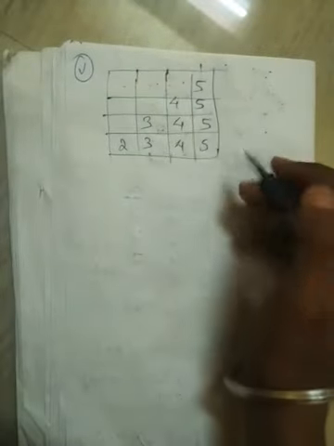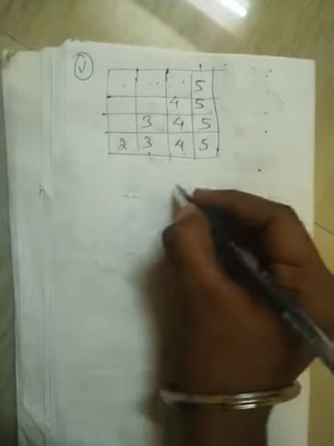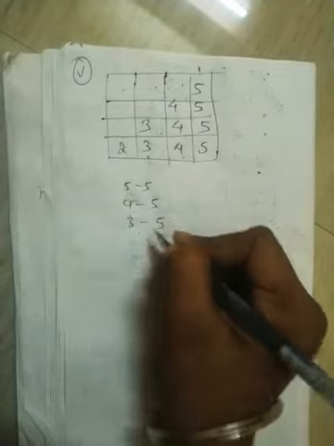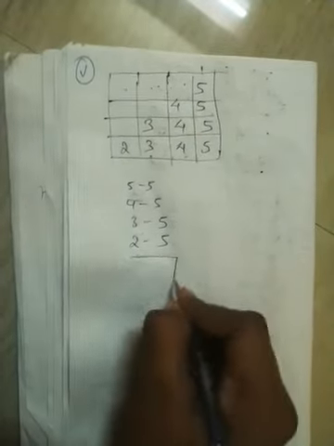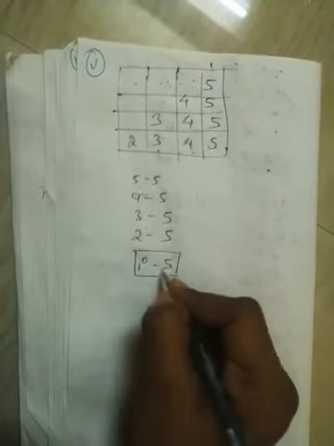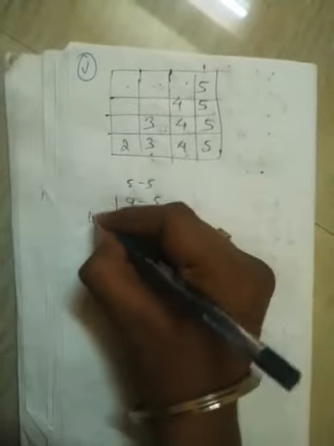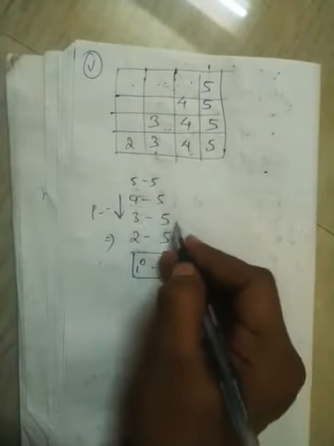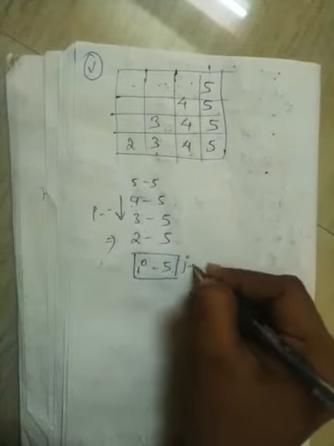Now next, number 5. Here also we have spaces, 1, 2, 3 spaces in the first line. This is of your third type, so we have to look from left and right. What are the values? 5 and 5, next 4 and 5, next 3 and 5, next 2 and 5. Okay, all values are written. This is your I, this is your 5. Changing the column will become your I loop. From 5 to 2 you have to do I minus minus. From I to 5, from 4 to 5, 3 to 5, 2 to 5, you do J plus plus.